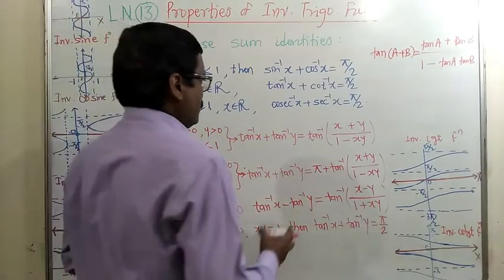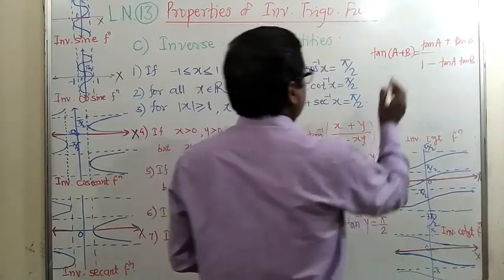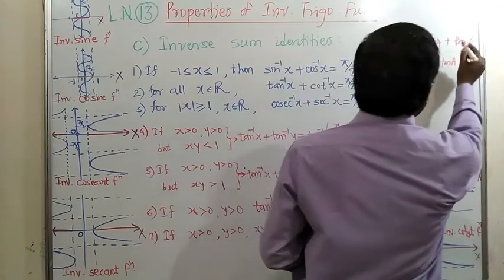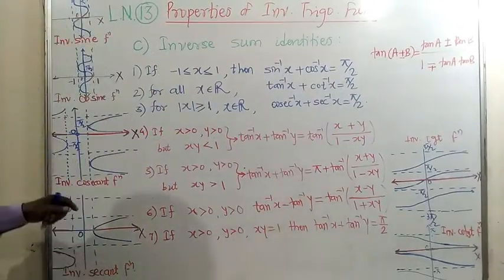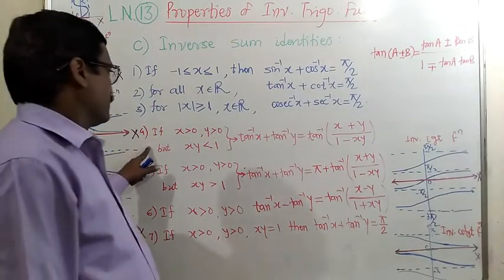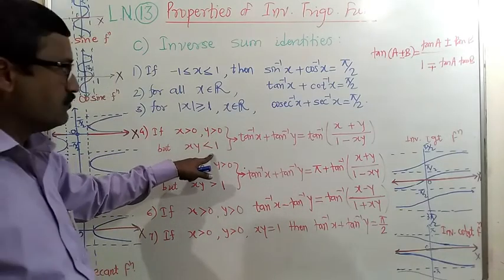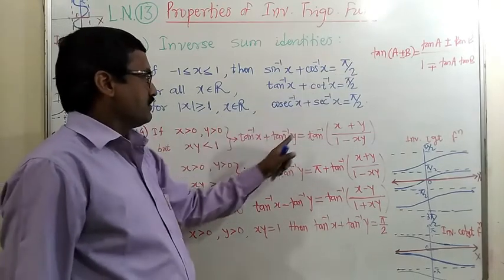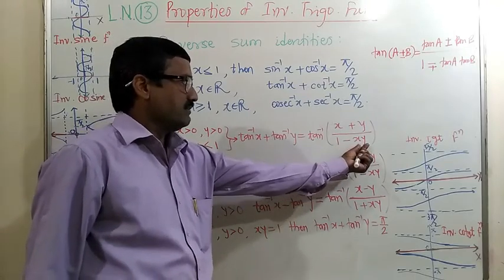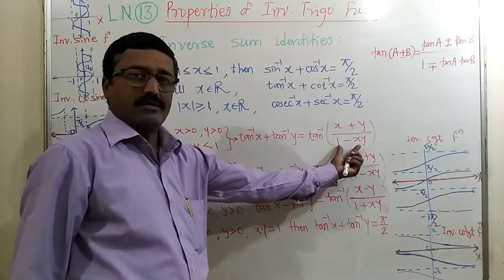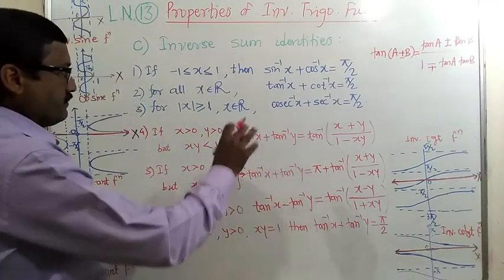So whenever a plus b is there, we will use this formula, but when a negative sign is there, meaning the difference of two angles is taken, we change the signs in that formula. But here, in case of inverse tangent functions, whenever x and y are positive and xy is less than 1, we can use the similar formula, because xy is less than 1. So 1 minus a number less than 1 gives a positive number, and that's why we get tan inverse of x plus y upon 1 minus xy.